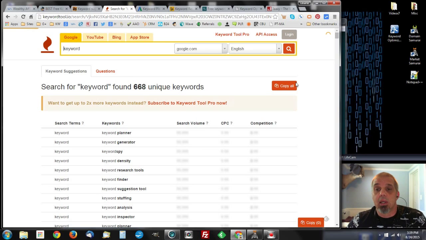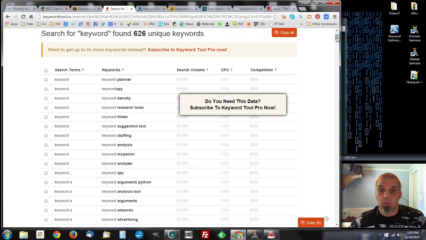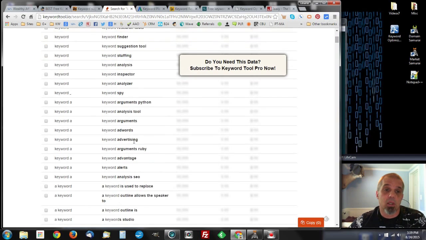Now, what I like about this is you can copy all these keywords right into your clipboard and paste them into a text file so that you can save those for later, or pump them into your preferred keyword tool, which obviously this doesn't give you all of the analysis and the metrics that you're going to need for some serious keyword research. That's done more or less with the paid tools, but at least here you've generated 626